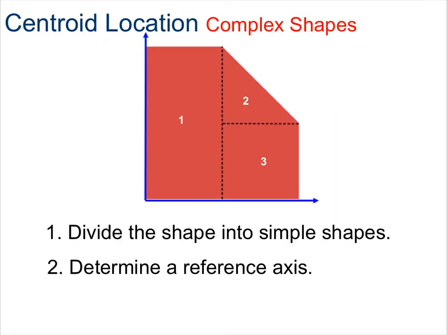Here's a sample problem for determining the centroid's location of a complex shape. It's important that you follow each of these steps closely, and I would highly encourage you to write each of these steps down in your engineering notebooks so that you have them to refer back to when doing these types of problems. So step 1, when given a complex shape, you're going to want to divide that shape into simple shapes. Here I've taken this complex object and divided it into 3 simple shapes: a rectangle, a right triangle, and a square. Step number 2,